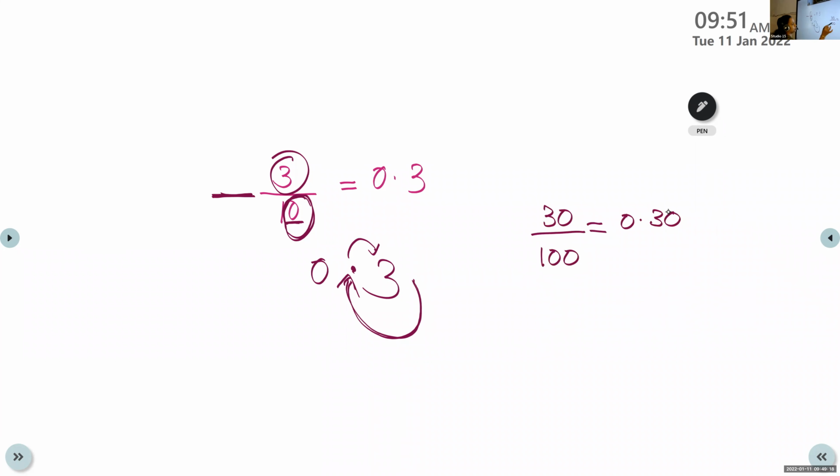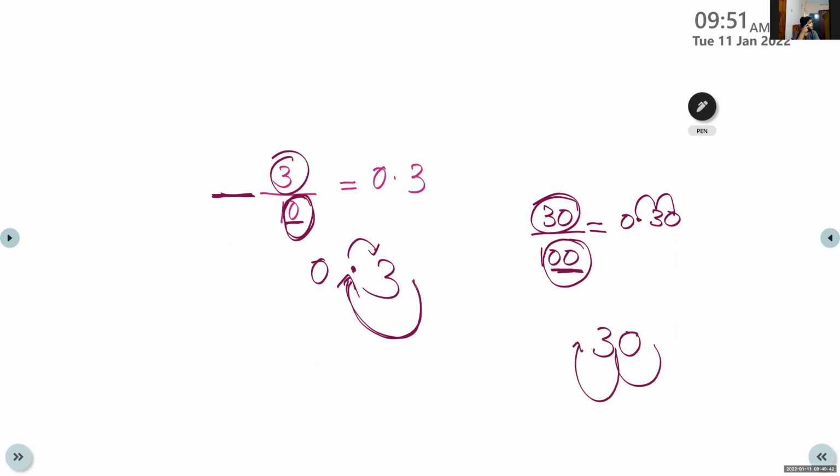Okay. Now children, how will we write 30 by 100? 0.30. So children, look here. There are 2 zeros. So after the decimal point, how many decimal places should we have? Two. So first of all, we write the numerator and count the number of zeros here. That is 2. From the right side, 1, 2. After 2 digits, you have to place a decimal point. If there is nothing here, you can place 0. So 0.30. Is that clear?